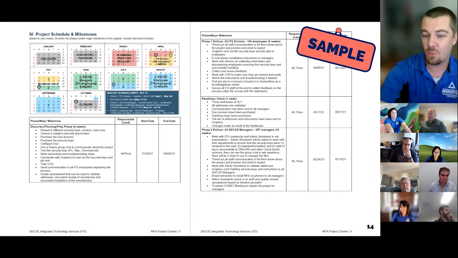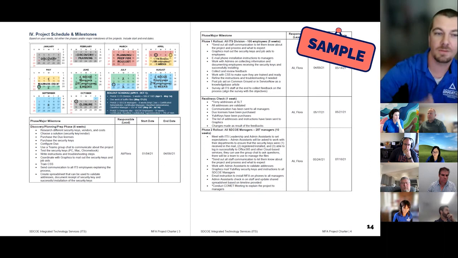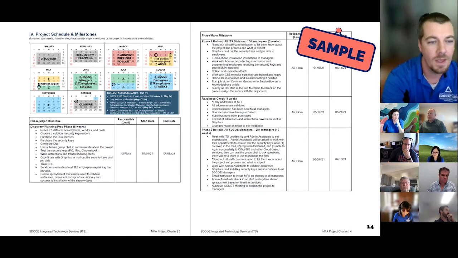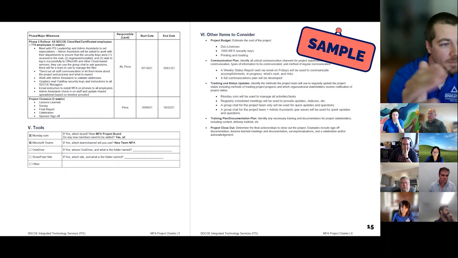We've implemented the first wave of staff that we rolled MFA out to. That's a milestone. The point is motivation, progress, and easy at-a-glance tracking of the project. And let's see, I'm not going to read all these.